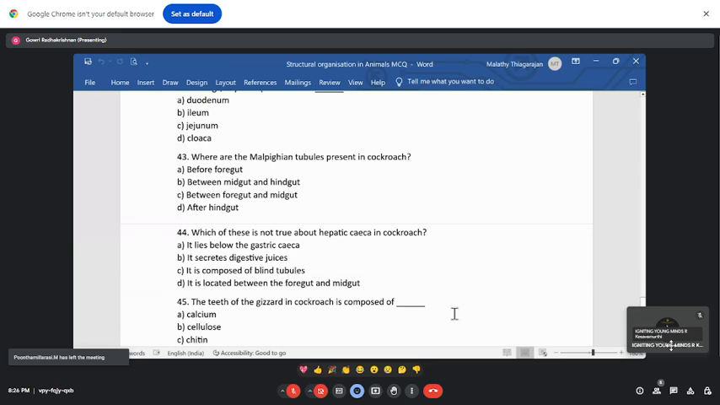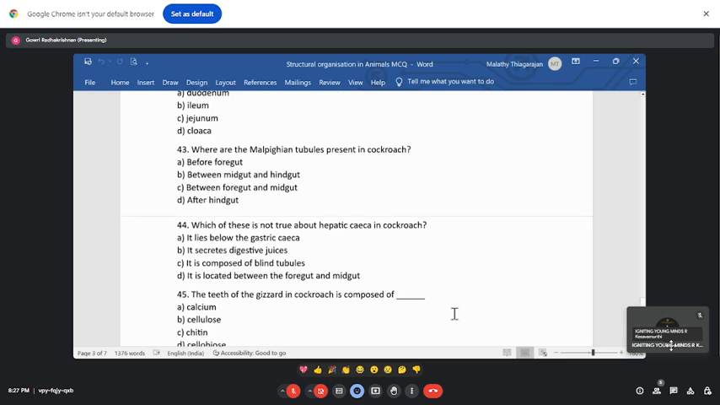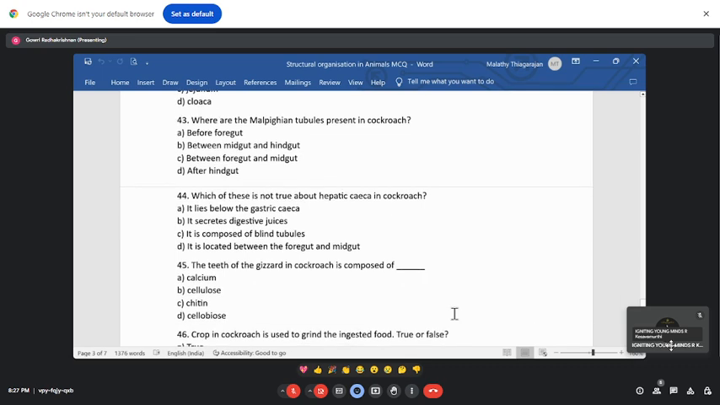Question 43: Where are the Malpighian tubules present in cockroach? Option B, between midgut and hindgut. Okay. Actually, they have about 100 to 150